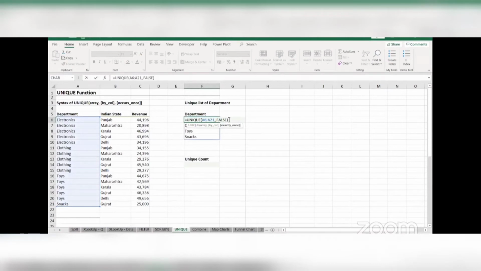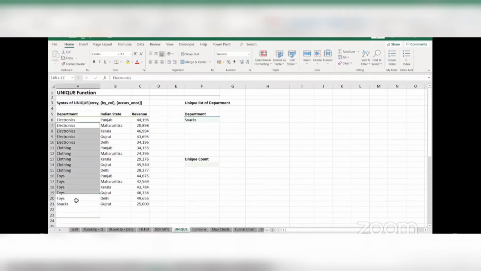But if you set this to true, so if I change this to true, close the bracket, hit enter, I only get snacks here. So what is the logic behind true? The logic behind true is that whatever occurs exactly once, that is has no duplicates, will be displayed as your result. So if you set occurs once as true, it will only return the value which actually occurs once.